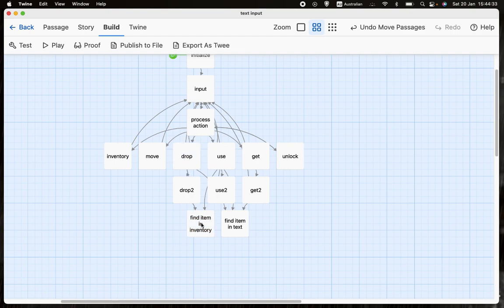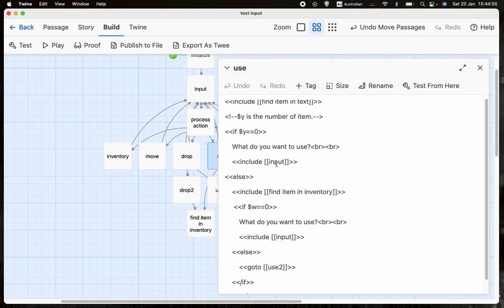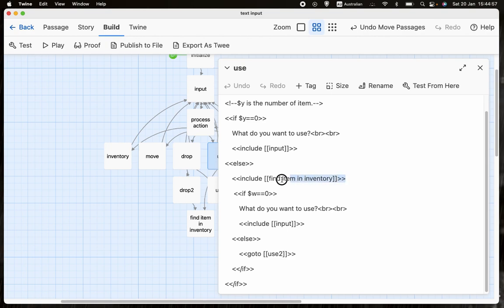And once again, I've already gone through that code when we were dealing with dropping items. If you want to look at these two bits of code in more detail, because what I said didn't fully explain it to you, look at the video about dropping items, because that deals with both of those areas of code, although I hadn't yet moved them to their own pages. So where are we? We're in use. So we go to find item in inventory, and once again, if we can't find that item, we give an error message,